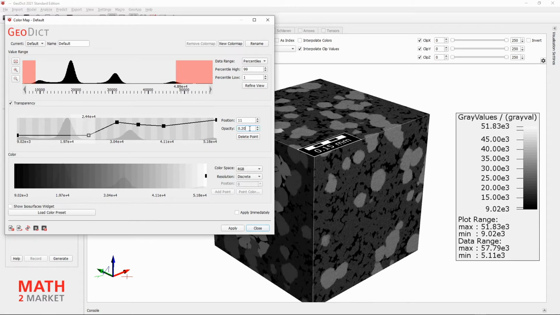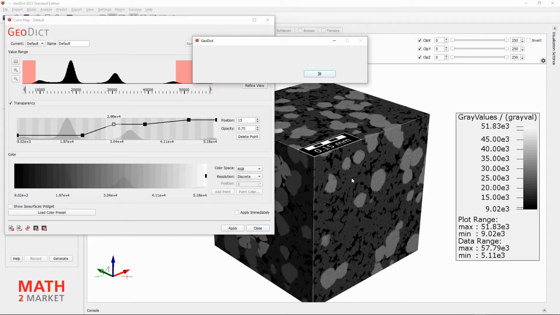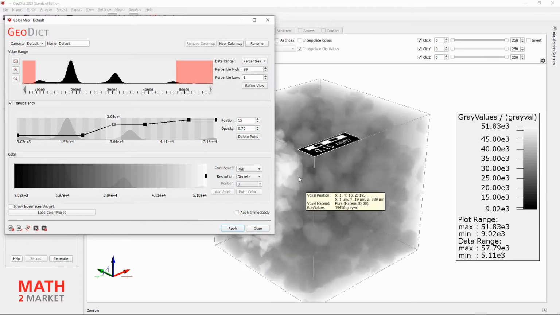We adjust the second and fifth point to the first and last point, 0.2 for the second point and 0.9 for the fifth point. And we will move the second point to position 11 and the fifth point to position 27. For the third and fourth point in the middle, we choose the value 0.9 and we will move them here to position 15 and to position 20. We take a look at the intermediate result with a click on Apply. We can identify our 2 types of cranes very well, but there is still some contrast missing.